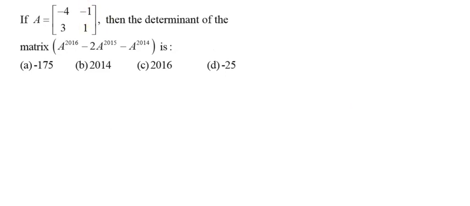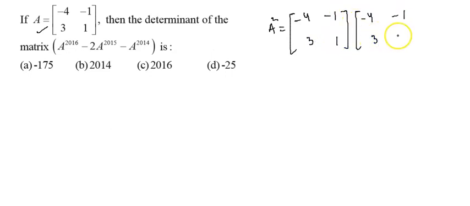So let's start with this first question. In this question it is given that A is equal to the matrix [-4, -1; 3, 1], and we have to find the determinant value of this. First of all let us calculate A square. A square will be [-4, -1; 3, 1] into [-4, -1; 3, 1]. If you multiply these two matrices, you will get